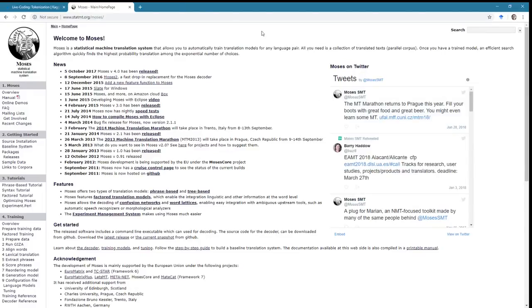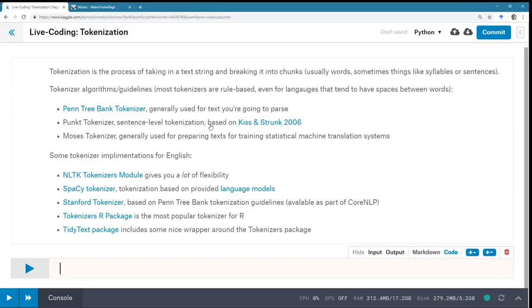And they have pretty strict requirements about what your input data is going to look like and your output data to train and to do like updating an existing model. So if you're working with Moses, you're probably going to want to use the Moses Tokenizer. And all of these tokenizers, again, are for English. Moses might have multilingual support. And they all have different implementations.